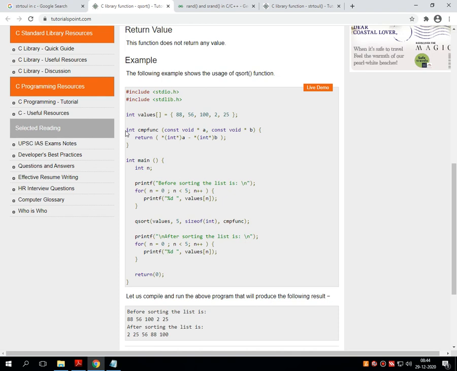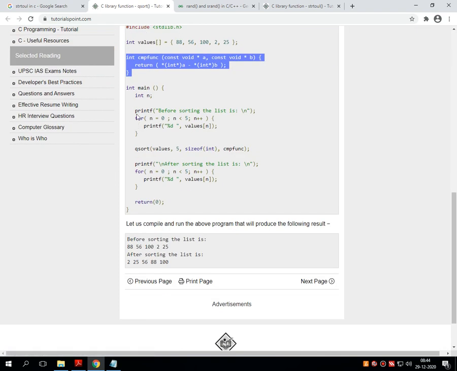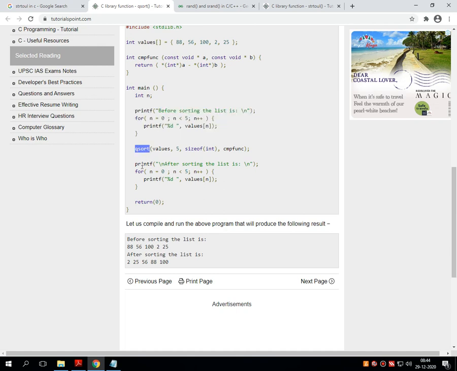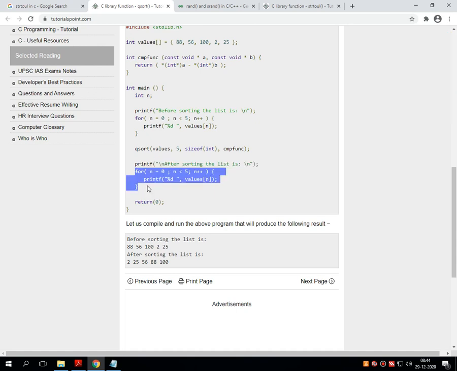Then I have passed the entire array into the function called QSort. This function sorts the entire array and rearranges the numbers, and then this looping control structure will print from lowest to highest. Output is also given on the screen.